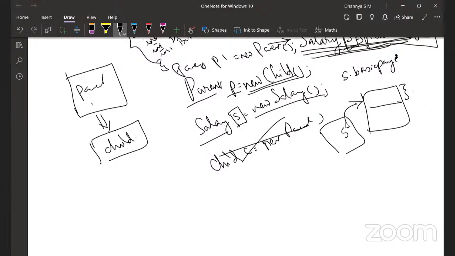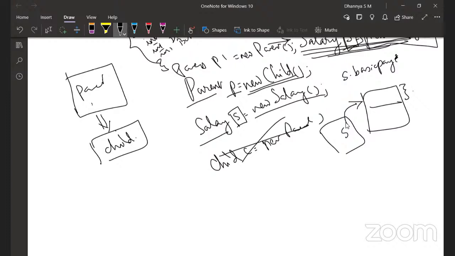We will come to what inheritance is and what its properties are, everything. And is it also called a superclass and subclass? Yeah, it's a superclass-subclass relation only. Don't confuse yourself with all those things. But just understand that if there is a class from which another class is inheriting a lot of properties, and I will tell you what inheriting properties mean, then the parent class variable can point to an object of the child class. The other direction is not possible.